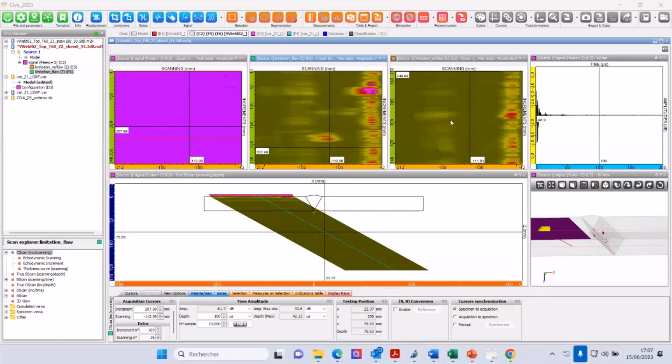Yes. Sorry, my question was, you mean that you have 6 dB differences between your experimental data and your simulation? Sometimes it's more, sometimes it's less, and we try to narrow that down as much as we can by playing with the spherical radius, just to get them as close together as we can. If you have 6 dB difference, it's not normal. So either there is a problem in your simulation, we can check, you can send your file to the support, or maybe a limit of the model. I don't know, but 6 dB is a lot. This must be investigated.